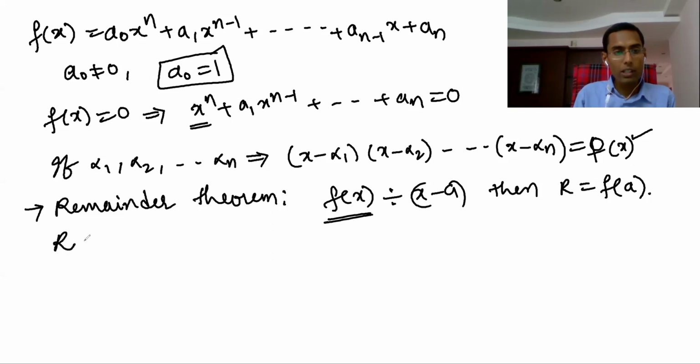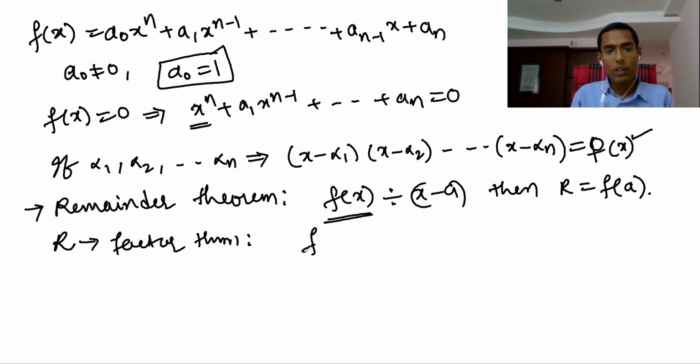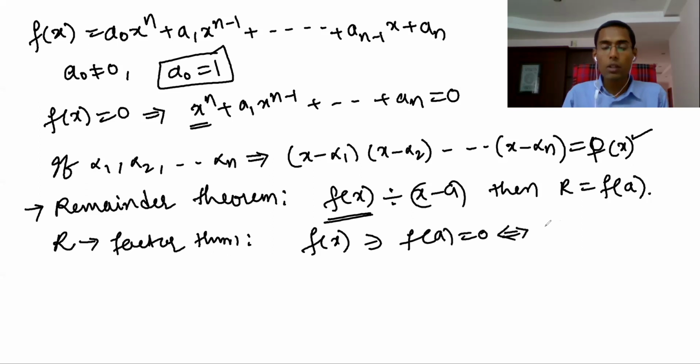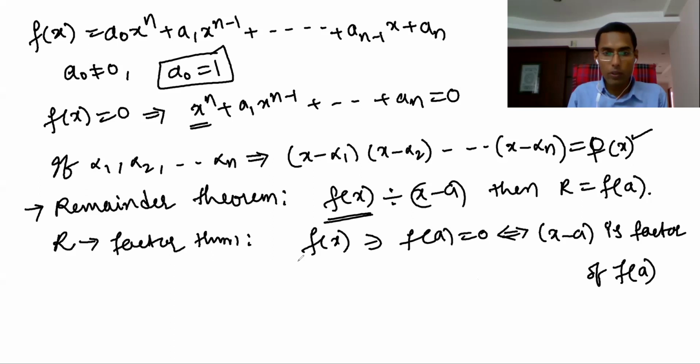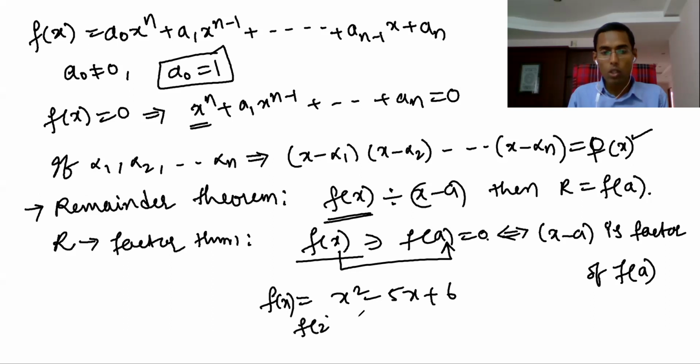And here, what comes from the remainder theorem? The factor theorem. What is this factor theorem? If f(x) is a polynomial such that f(a) = 0, that implies x - a is a factor of f(x). Hope you understand this. f(x) is a polynomial, and in the place of x you substituted a, and f(a) became 0. For example, x^2 - 5x + 6 is f(x). In the place of x, if I substitute 2, this is going to be 0. That means 2 is satisfying, therefore x - 2 is a factor. This is what we discussed.